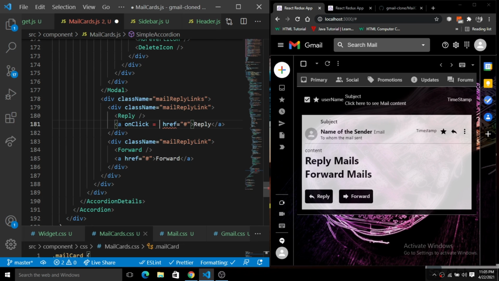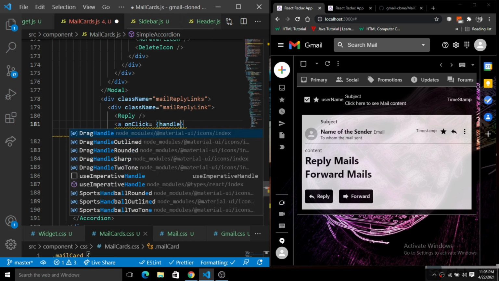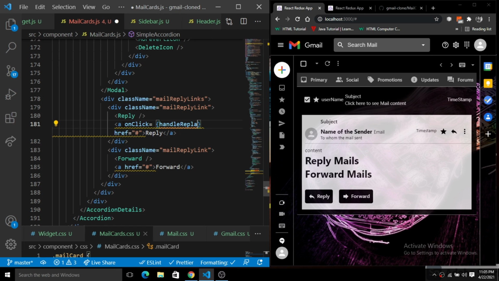So here we will create a function, an open reply function. Okay, so here we will simply name the function handleReply, and in the same way for the forward, we will create a function handleForward, right? So handleReply and handleForward.